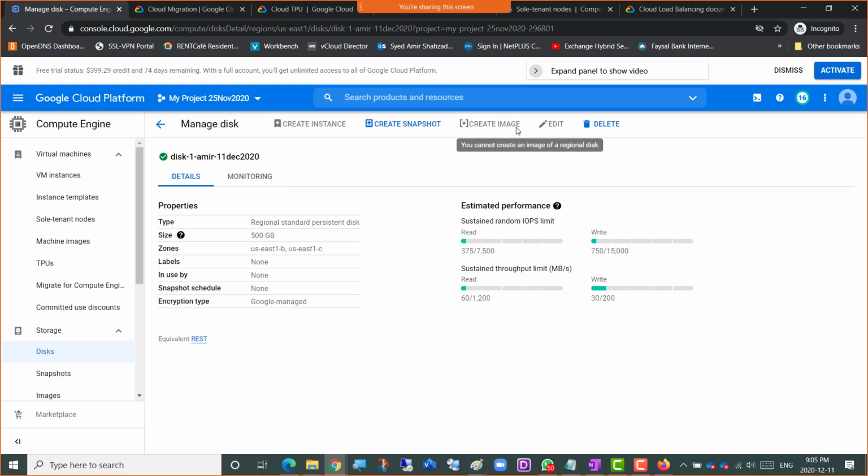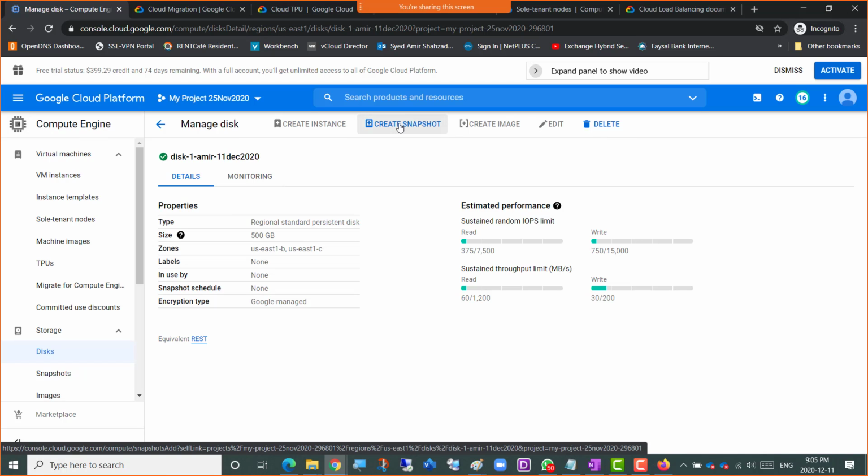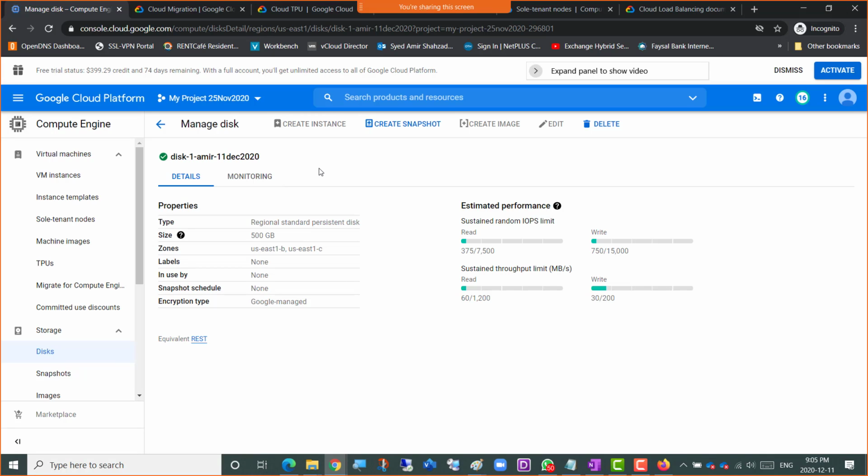You cannot create an image of a regional disk. Okay, because I created a regional disk. Manage disk, create snapshot. Yes, you can create an instance from a regional disk. Ouch. Okay, so there are repercussions if you want that disk to be copied